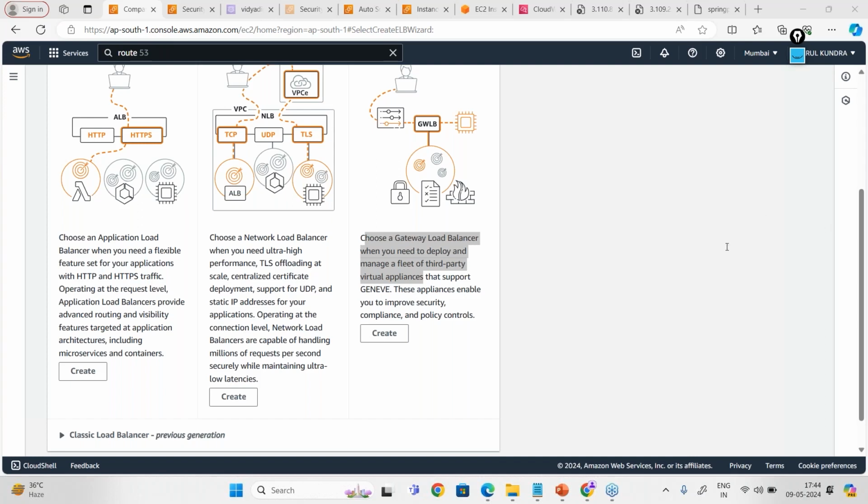Can a load balancer be used with a single server with high traffic to avoid performance issues? See, I created one load balancer with a single server with high traffic. You can, but you will not get high availability. If your single server goes down, in that case you are not going to get high availability.